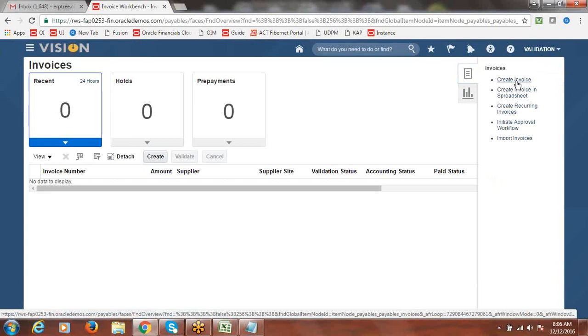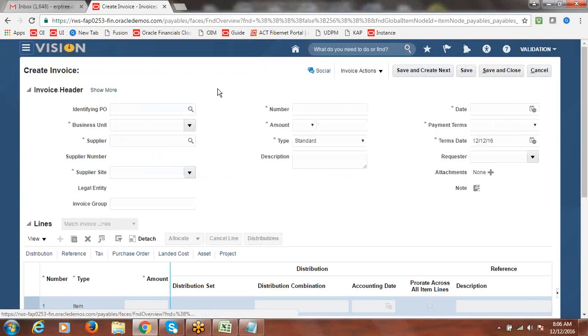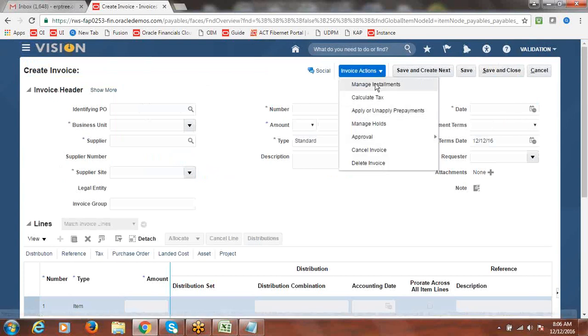Here, there should not be any validate option in invoice actions. Validate option is removed.